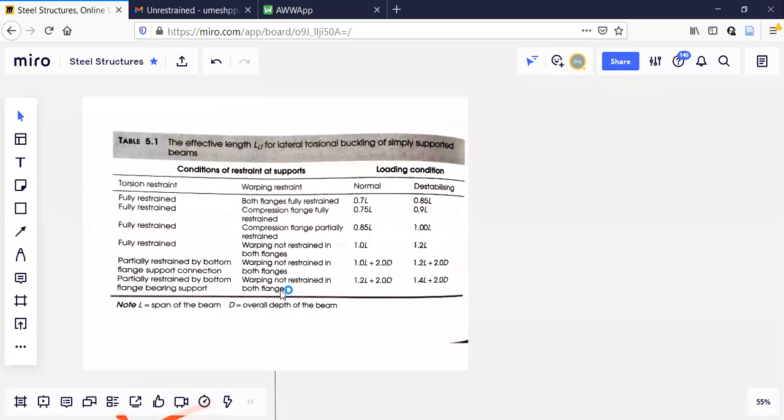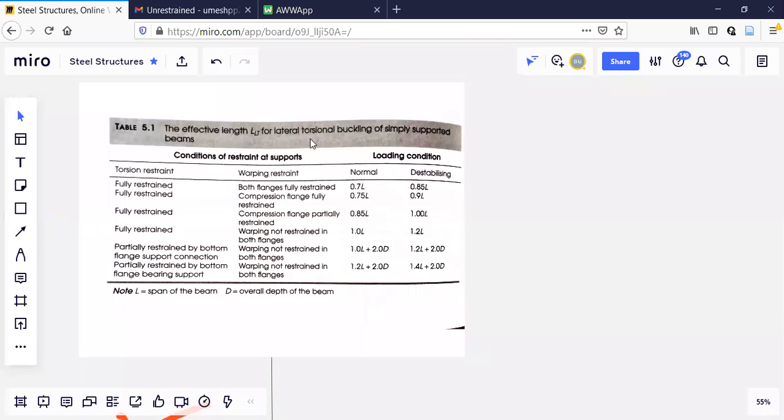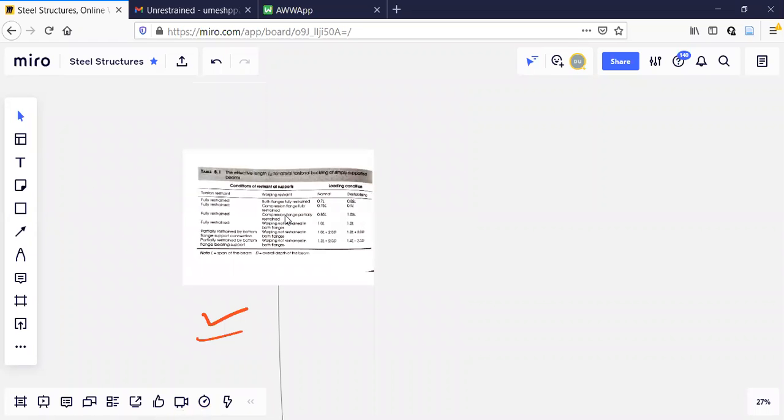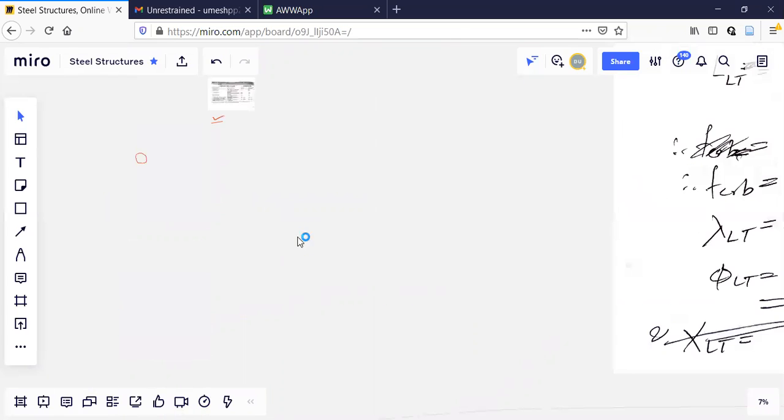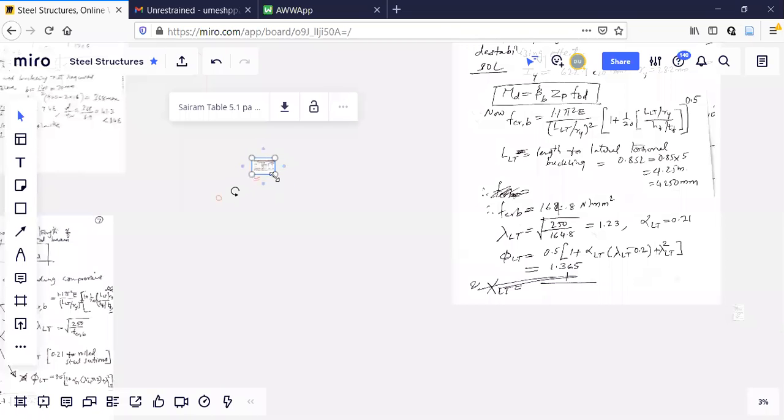So this table may be there, I'll just check it. I have not seen where it is in the steel tables, but it has to be there because the author cannot create his own table. No author can create his own tables. He has to refer to the code books only. Now see this one here. This is one table, I will refer to it. How this table is useful, I'll explain it.